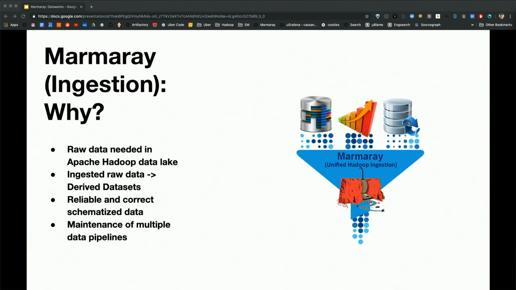Now, what we do is ensure that data is reliable and correct using what we call a schema service, where any data that is ingested has to conform to the schema. If it does not conform to that schema, we do not ingest it. It's written into what we call an error table, I'll talk about this later, so that they can query it, fix the data, and ingest it. There are different approaches to this, but this ensures that the downstream consumers and the data analysts can spend most of their time analyzing the data versus massaging the data.